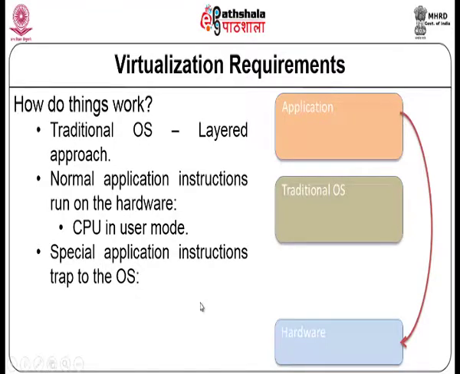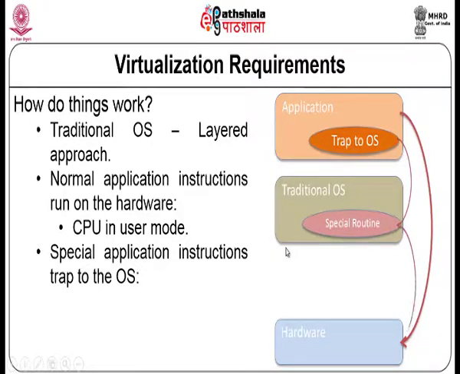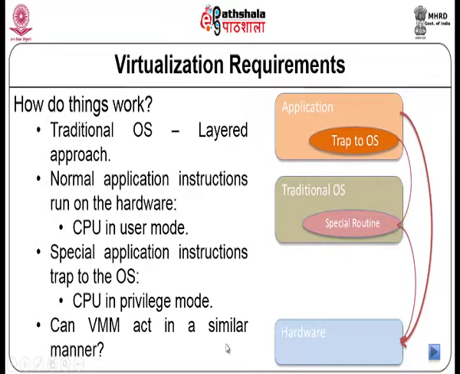When some special instruction is executed, the application has to trap to the OS. The application cannot run that instruction directly on the hardware. It sends that instruction by trapping to the operating system. The operating system has a special set of routines, and the operating system in turn will execute it on the hardware. So, when we have anything that the application directly cannot do, we have to trap to the OS, and the OS will do the work. This time the CPU will run in the privilege mode and allow the operating system to do it.